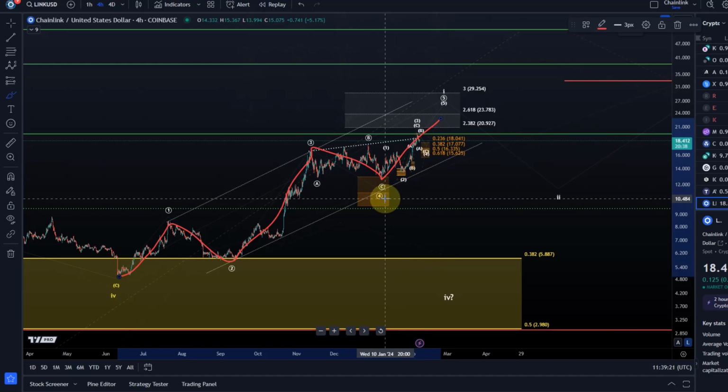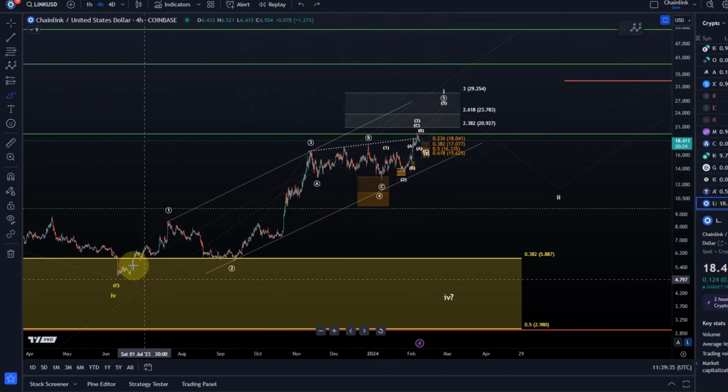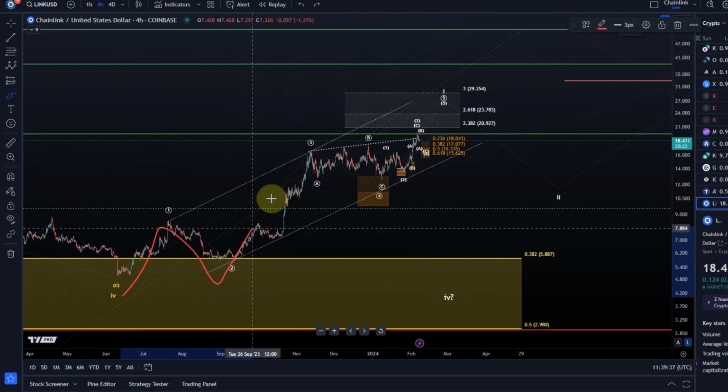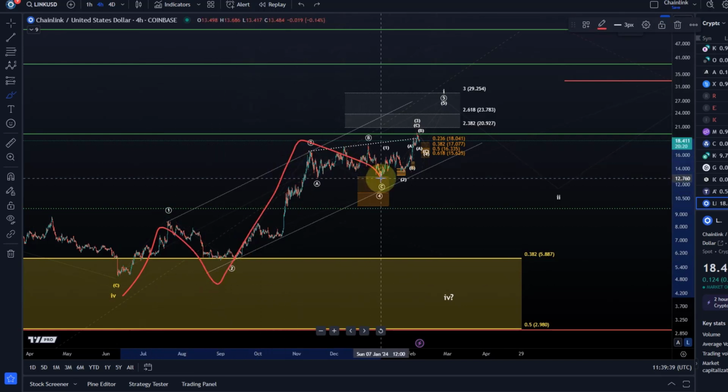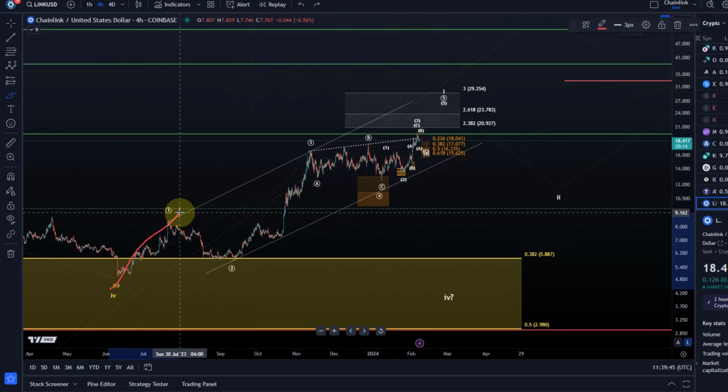In the 5th wave, I'd like to see primarily one more high. So there is a primary and an alternative scenario on the larger time frame and also on the smaller time frame. Here on the larger time frame, I see this as 1, 2, 3, wave 4 complete and wave 5 to the upside unfolding. Whereas in an alternative, we could say that this was 1, 2,